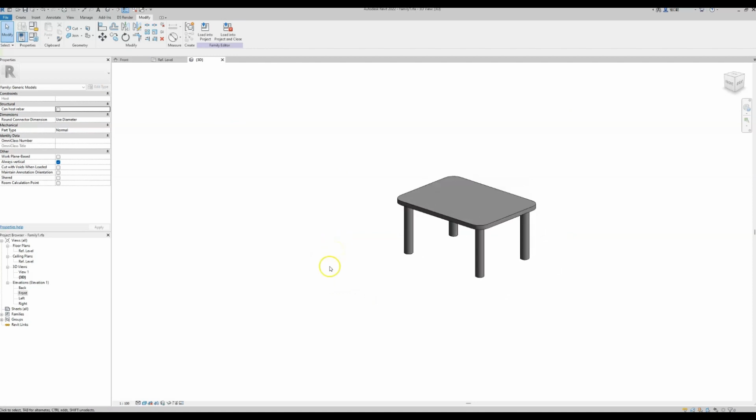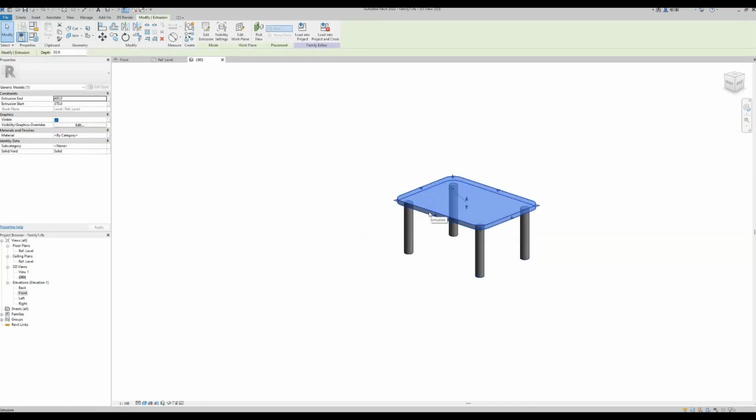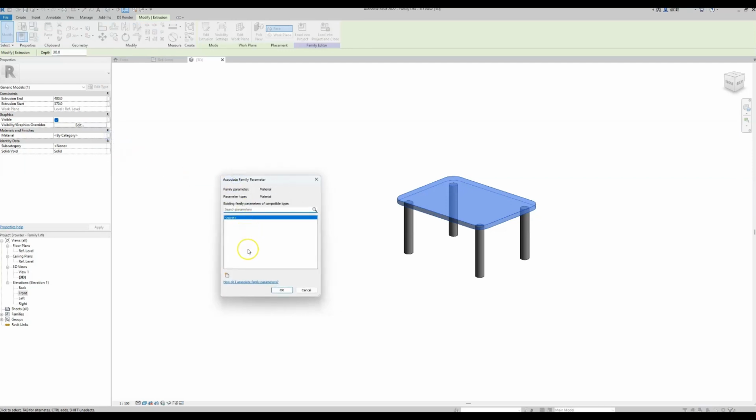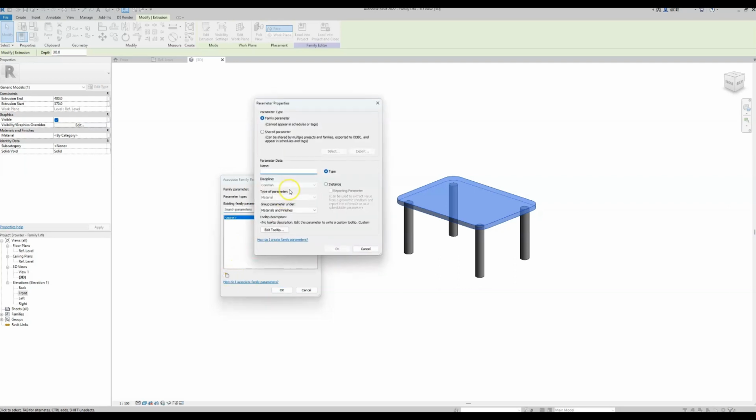Our next parameter that we need to add is actually the materials parameter. In this example, we will create 2 material parameters, one for the tabletop and one for the legs. How to do that? Select the tabletop, and in the properties panel, where it says materials, on the right there's a small button, associate family parameter. It is asking us to choose one of the available parameters. Since we don't have any material parameters yet, we need to create one and give it a name,